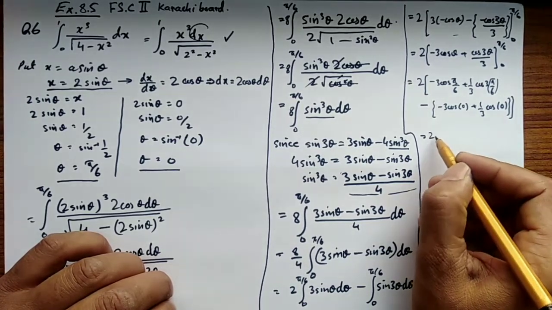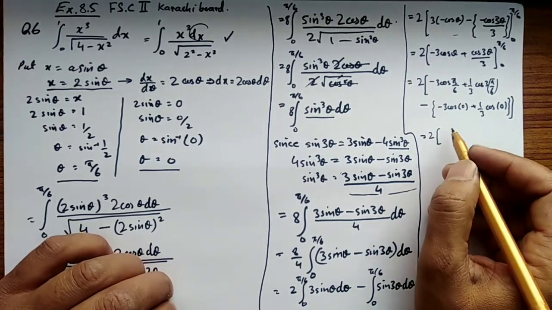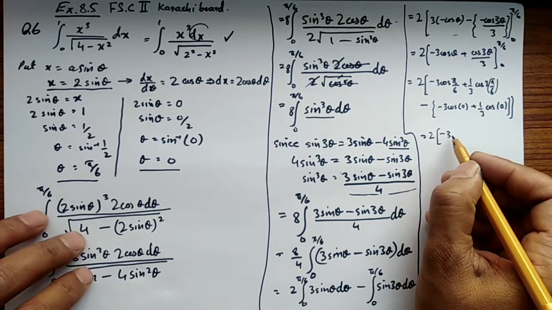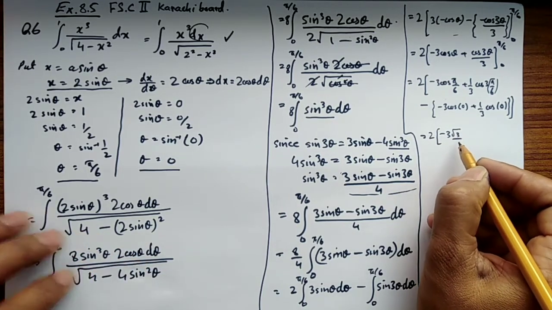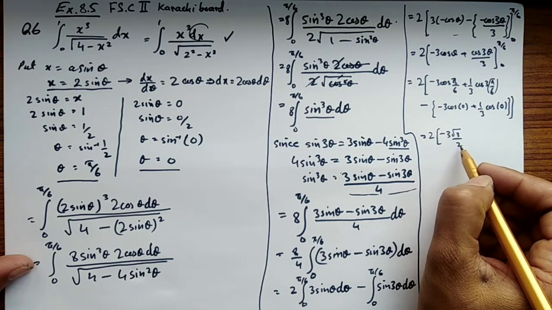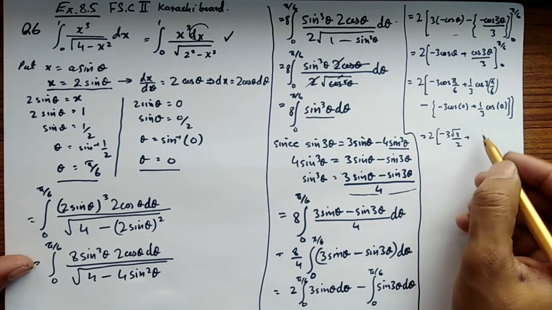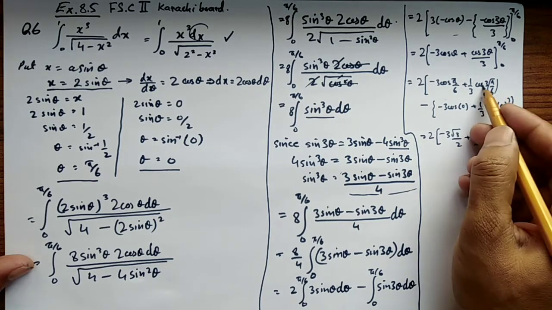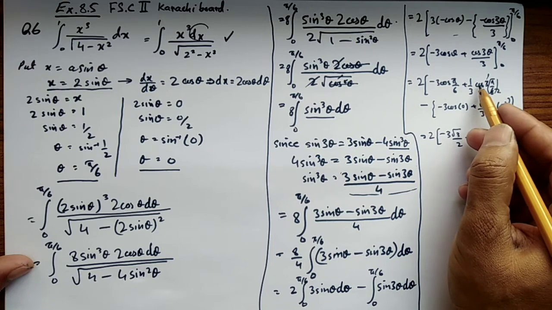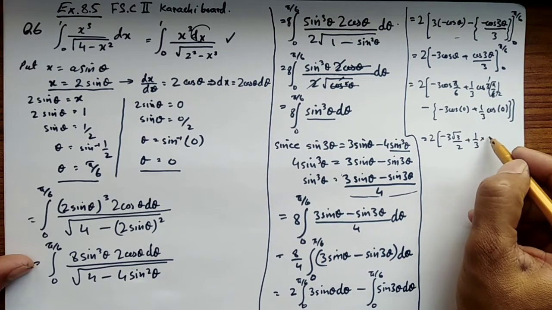So 2 into minus 3 root of 3 upon 2, cos pi upon 6 is root 3 upon 2, plus 1 upon 3 cos 3, 3 ones are 3, 3 twos are 6, cos 90 is 0,